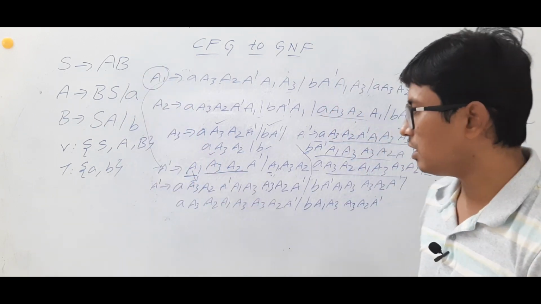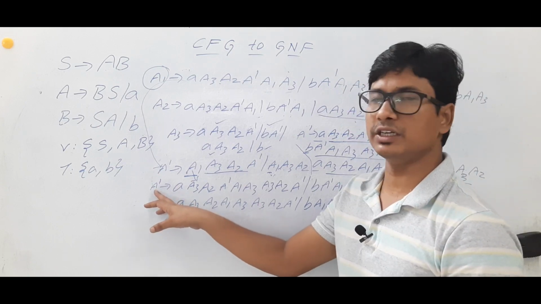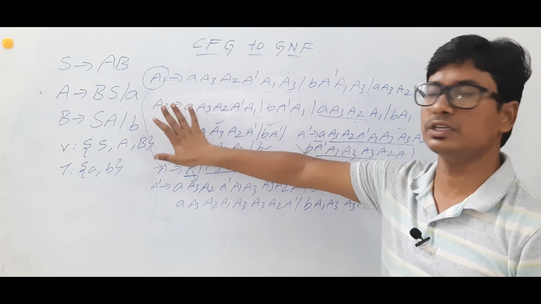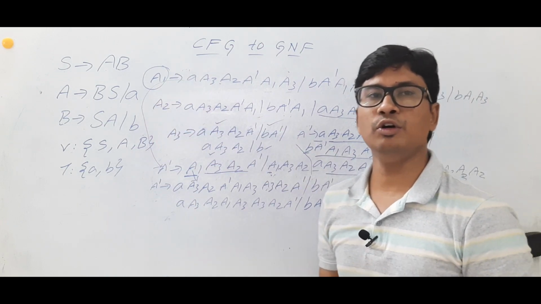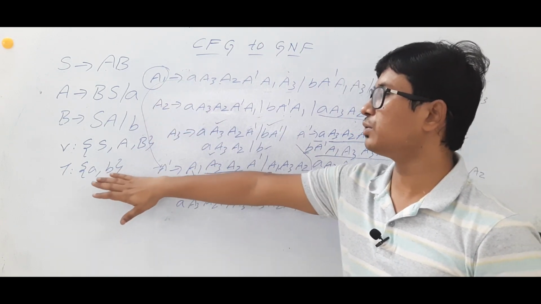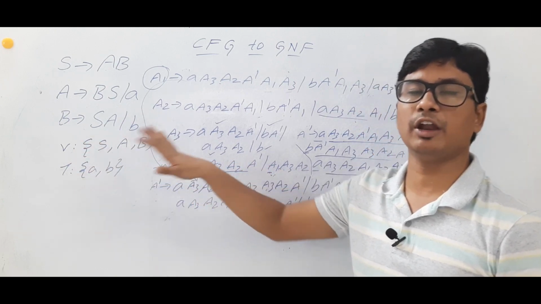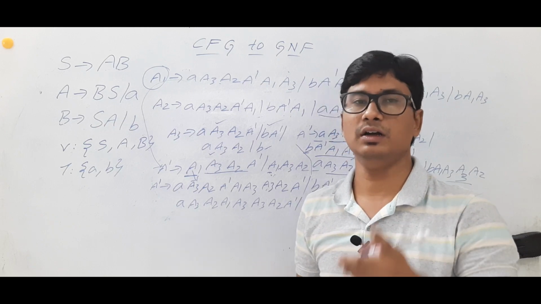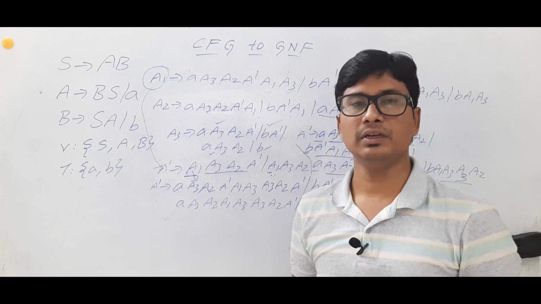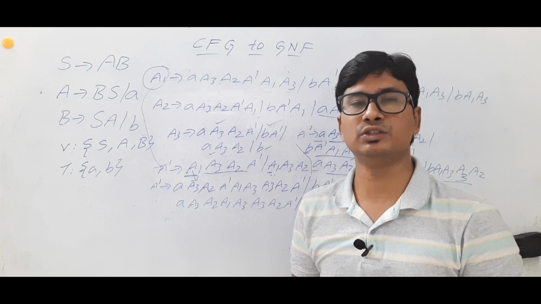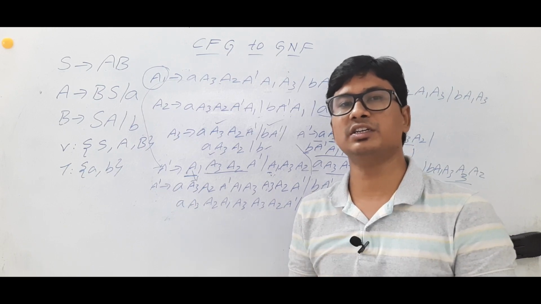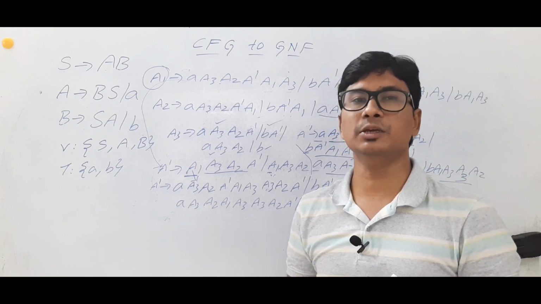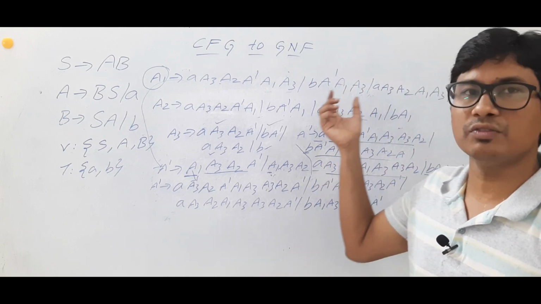A lot of people will be confused about which one is the new start symbol, since I got the new production A dash. Still A1 is the start symbol. There is no change in the start symbol. I hope you have understood how I converted the given context free grammar to GNF. A lot of people make mistakes in the left recursion grammar. Is it clear? I hope you have understood how I converted a left recursion grammar into a non-left recursion grammar, then how I eliminated the epsilon productions, and how I got that formula.